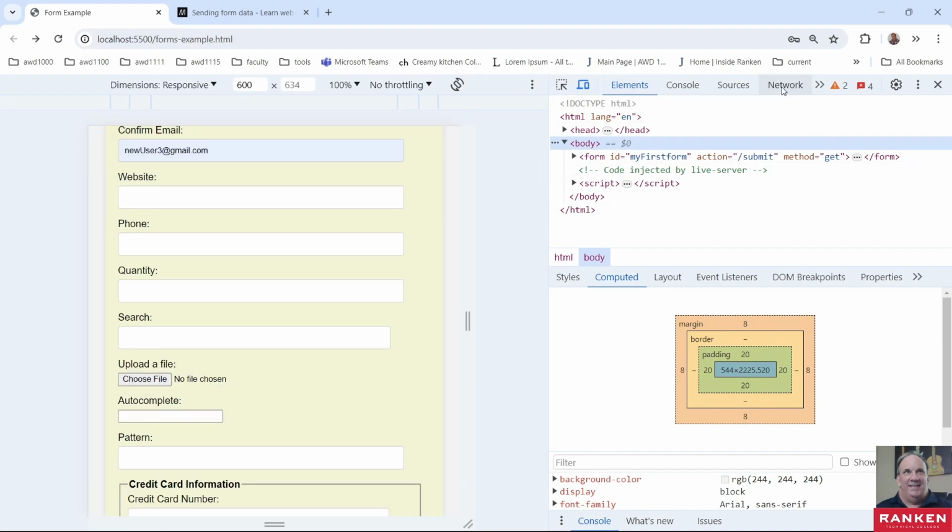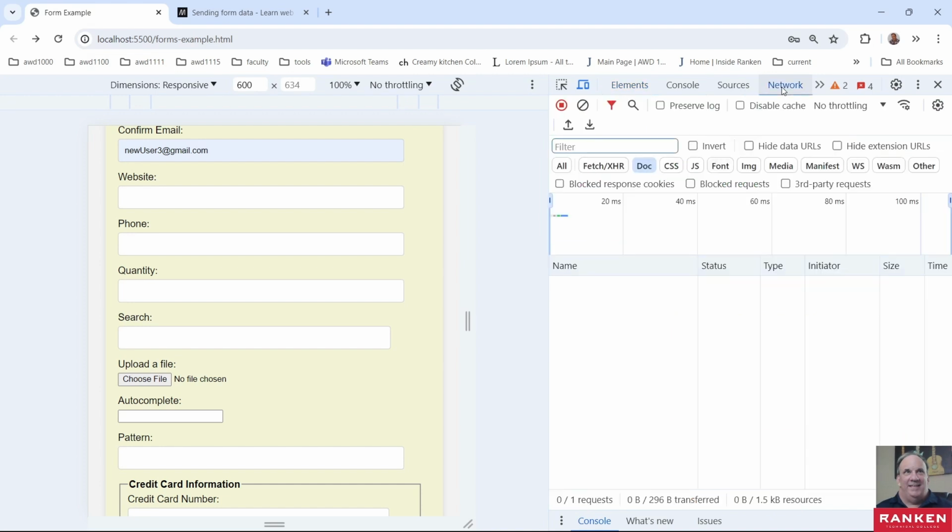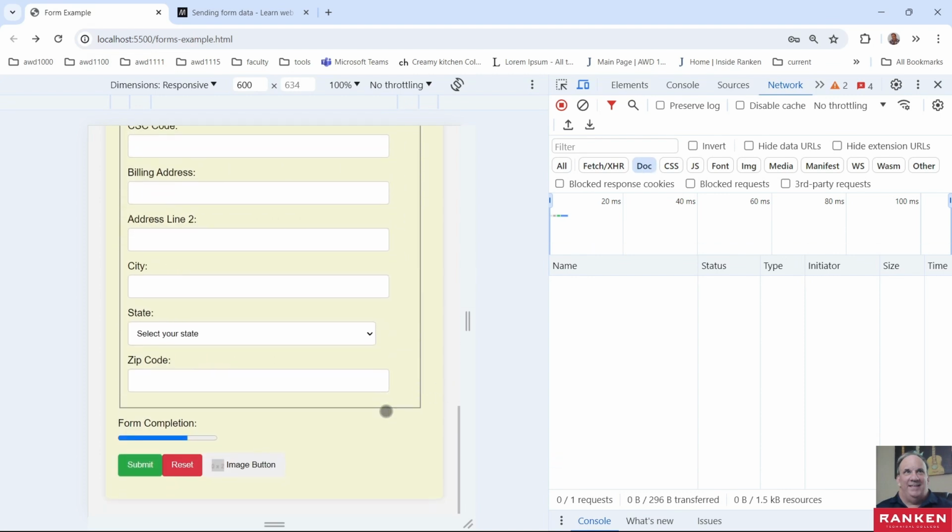Once you start bringing up certain things, your browser is going to go back to the same thing. So that's why mine's going back to the network. It's probably going to be network and all by default at the beginning. Okay. We want to go ahead and choose this doc here, network and doc here. Okay. And we're going to go ahead and scroll down and hit our submit